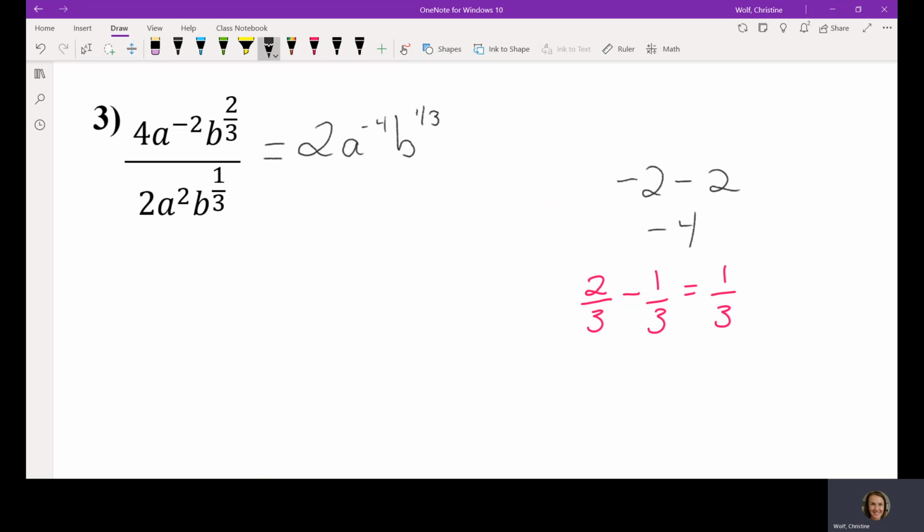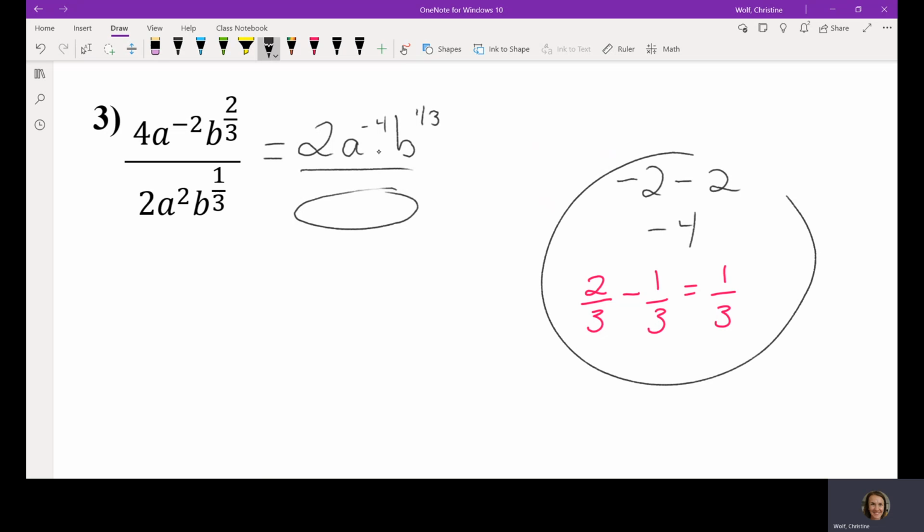So we've removed everything from the bottom, right? Because once we do that subtracting, the answer just goes up top. The answer defaults to the top. One of my students in period 1 asked that question, why is there nothing left on the bottom anymore? It's because when we do this subtracting step that we did over here, the answer defaults to being in the numerator and we have no denominator anymore. But